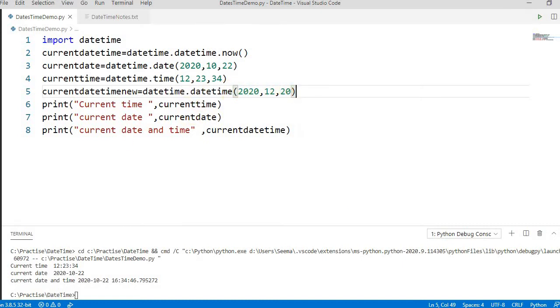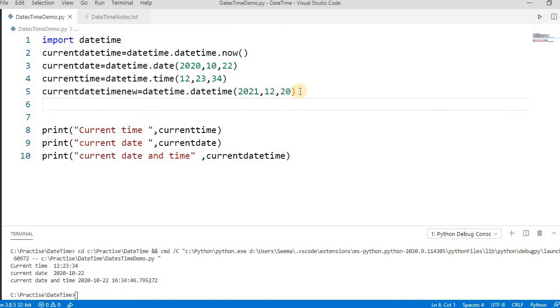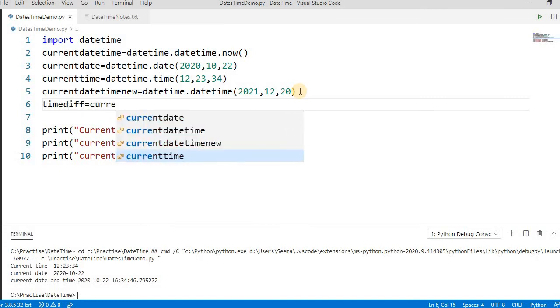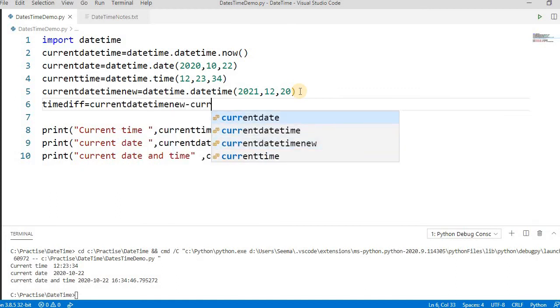Now let's take a few other things. Let's take an example of timedelta. Let's say we have created the current date and time. This is a new one, containing, let's say, 21, and we want to get the difference between this current date and the new one. New one is 2021. So how will we get this? Suppose we create time diff, and then we take the new date minus the current datetime.